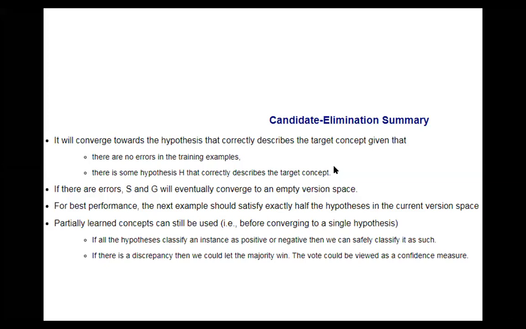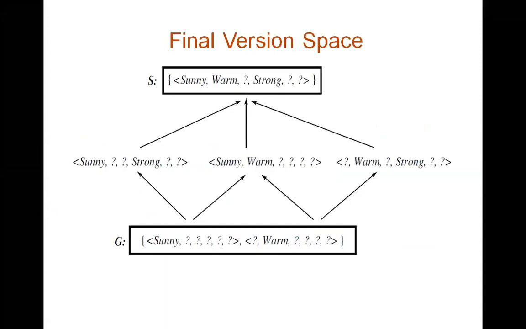That are consistent with the given training data. So we can use the candidate elimination algorithm to find the version space. Particularly in the candidate elimination algorithm, we get the S boundary and G boundary. G indicates the set of most general hypotheses present in this version space. S boundary represents the set of specific hypotheses.